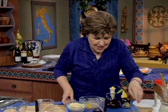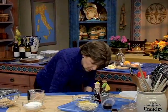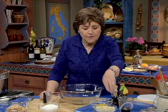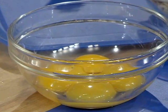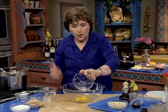All right, so how does this cake go together? Well, you want to start out in a bowl with some eggs. And we're not using any flour. The nuts are going to be what holds this cake together. So we need 4 eggs that are separated. So here are 4 egg yolks. So now what we want to do is take our 4 egg yolks, and our egg whites are sitting in a mixer,